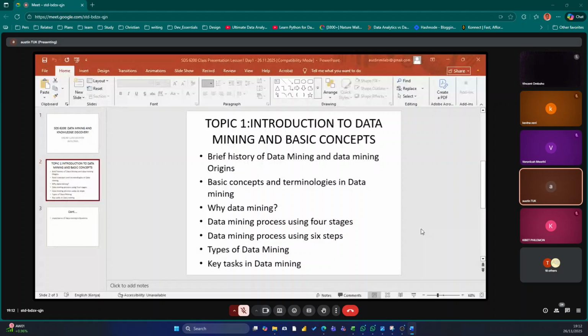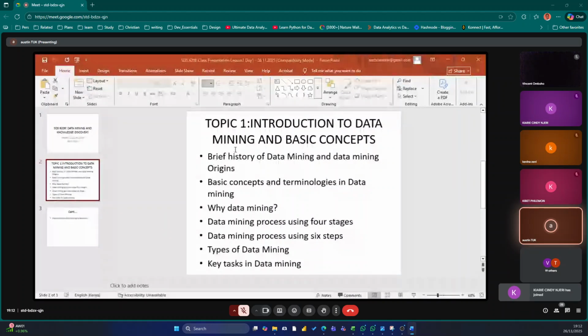Another terminology is business intelligence. Business intelligence is also key, and actually we achieve business intelligence through data mining. We also call it BI.